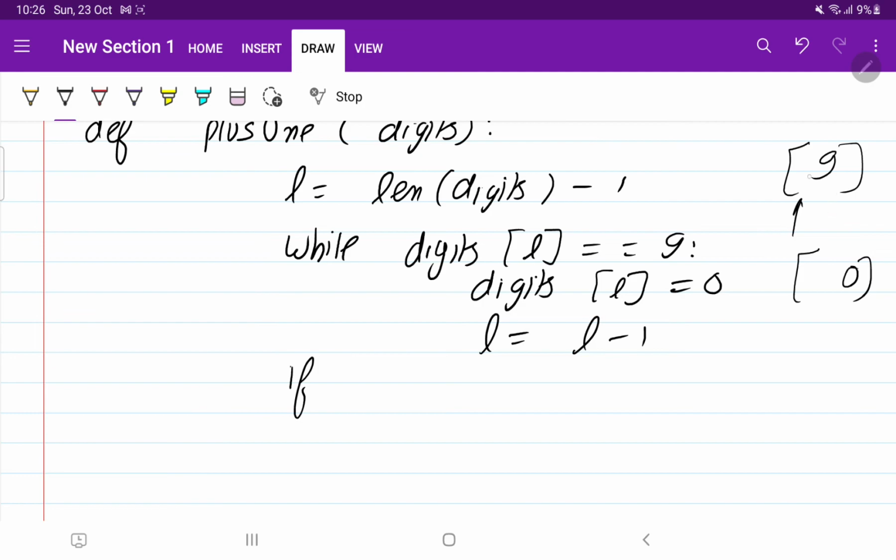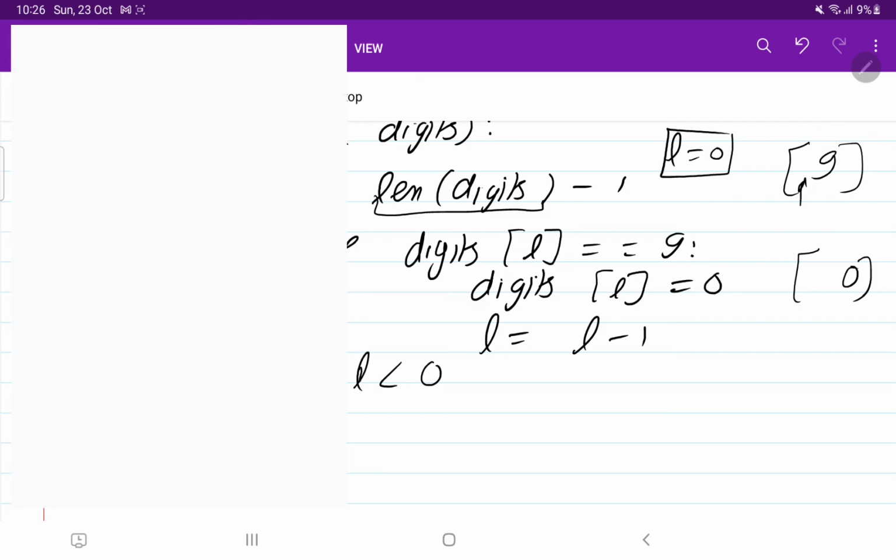Here the length of digits was 1, 1 minus 1 becomes 0, so this was indicating the 0th index. So as soon as L becomes less than 0, it means there is no element left in the array.